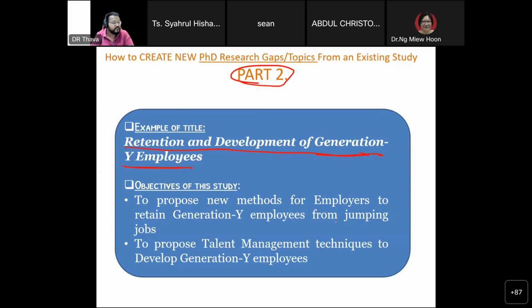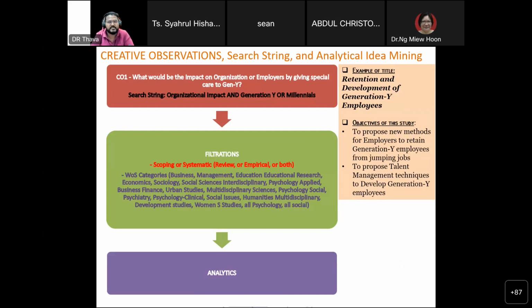So, that is one of the objectives, how to avoid them from jumping jobs. A lot of papers went into this: retention, development, training, mentorship, a lot of papers published. So when I read, I don't get any more gaps because there are too many papers, so many years already. Saturation already, dah tepu. Okay, so you might have the same problem also. You might read, you cannot find a gap.